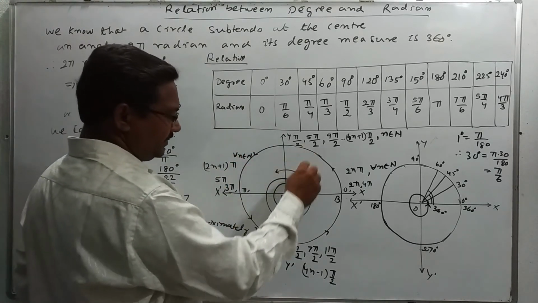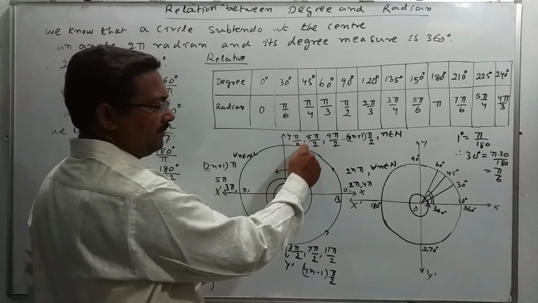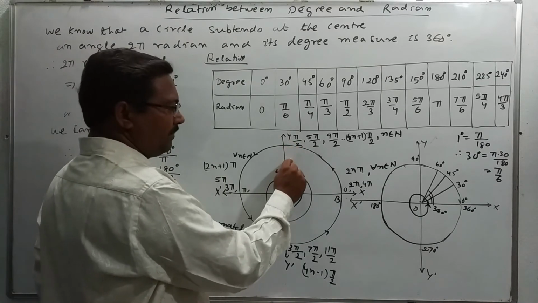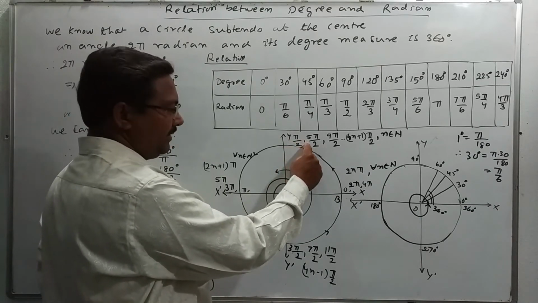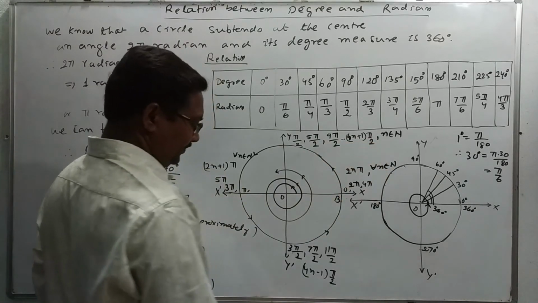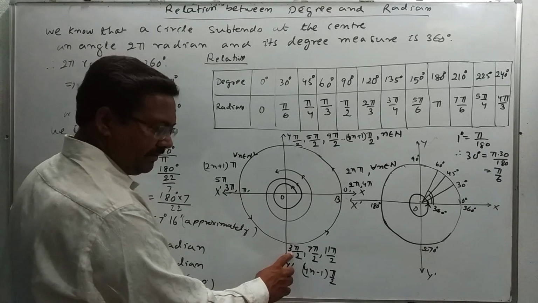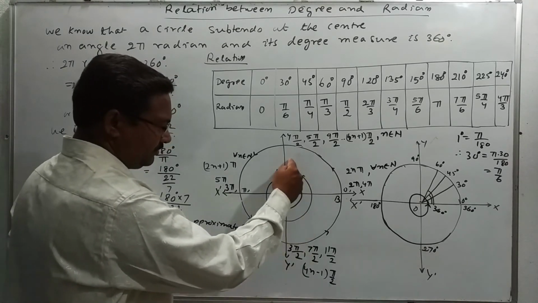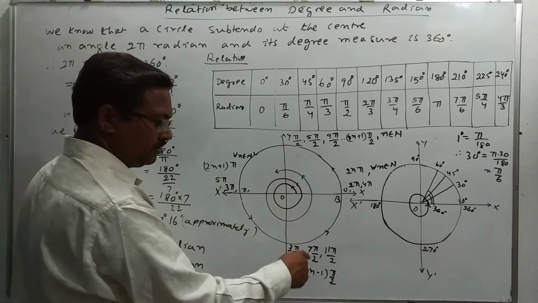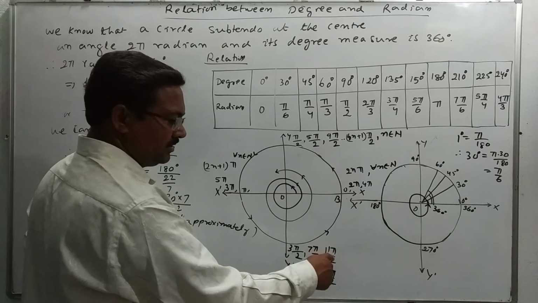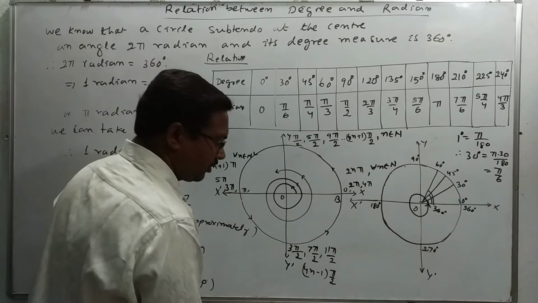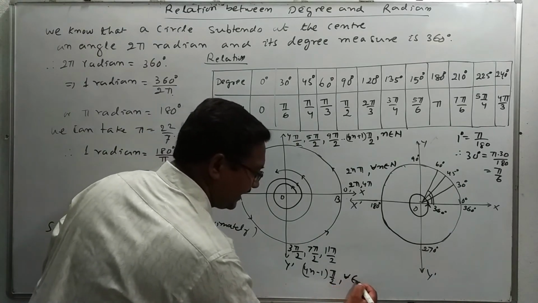Similarly, for pi by 2, 5 pi by 2, in each and every cycle to the pi by 2 we are adding 4 pi by 2, that is 5 pi by 2, 9 pi by 2, and in this way 4n plus 1 pi by 2. Similarly, 3 pi by 2, then after completing one revolution, 7 pi by 2. After completing another revolution, 11 pi by 2. In this way, 4n minus 1 pi by 2 for all n in the set N.